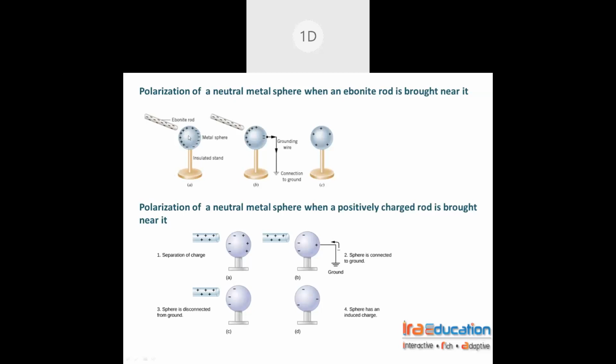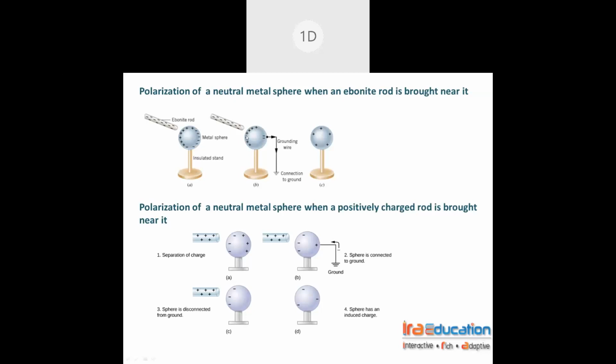I'm repeating. Because you got the ebonite rod close to this neutral sphere, this is negative, right? Which will negative attract, positive or negative? Obviously negative will attract unlike charge, that is positive. Positive charges are developed on the nearer surface, and on the farther surface negative charges are developed.